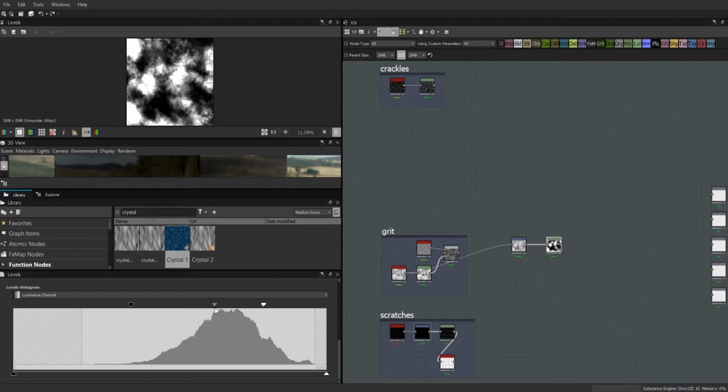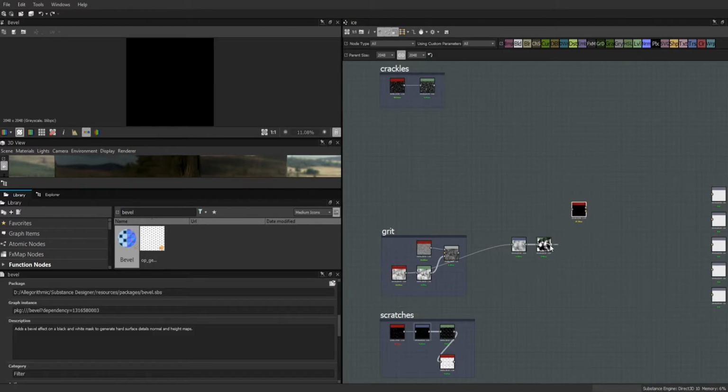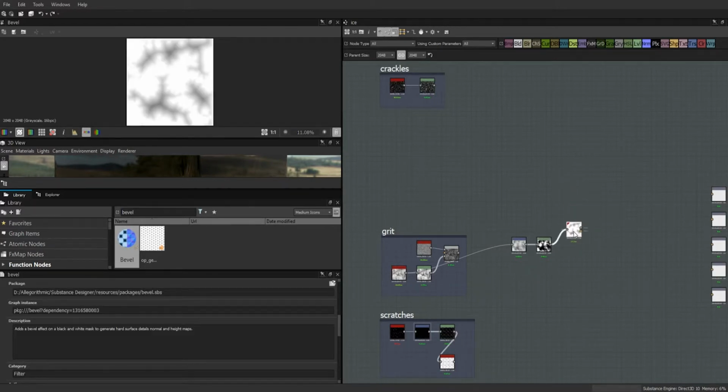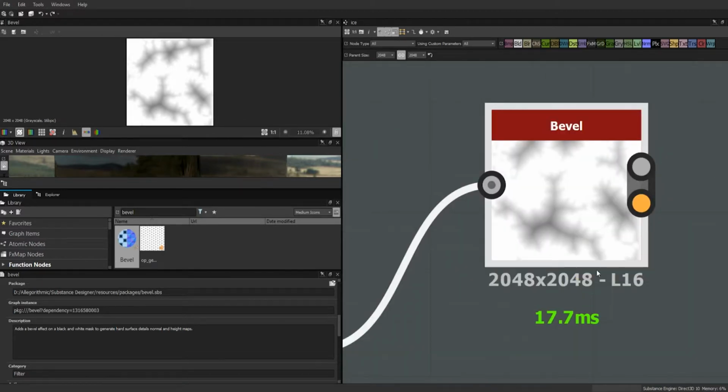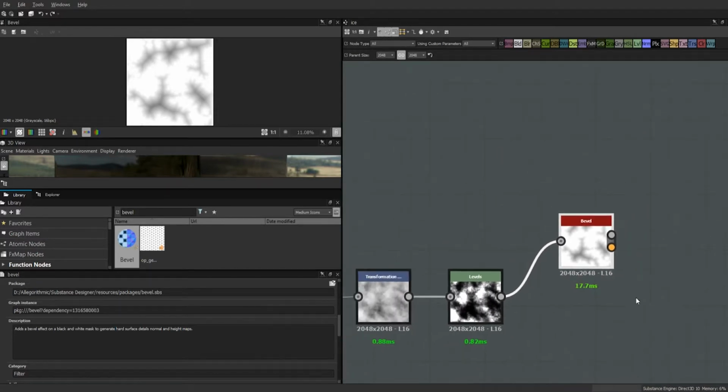So that's pretty good right there. And the next thing I'm going to get is a bevel node. A bevel node, I love bevel nodes. Bevel nodes take a grayscale image and they bevel it. And you will notice that they give you a height and a normal map. So you get these two corresponding maps